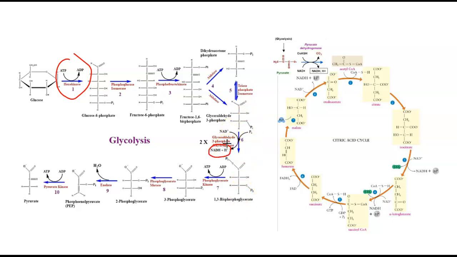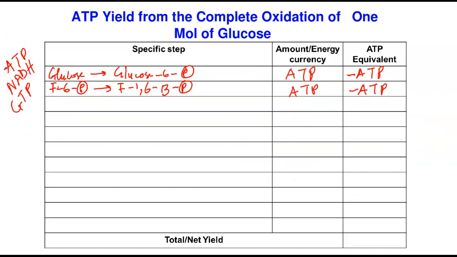Now listen, remember, whatever is happening in glycolysis at this point will be multiplied by 2, because the glucose is broken into 2 three-carbon molecules, dihydroxyacetone phosphate and glyceraldehyde 3-phosphate. So here, NADH was produced. What that means is we have 2 NADH. We're going to go back. Now remember, glycolysis is taking place in the cytoplasm. We're going to apply the shuttle mechanism now. Look at what is happening here.